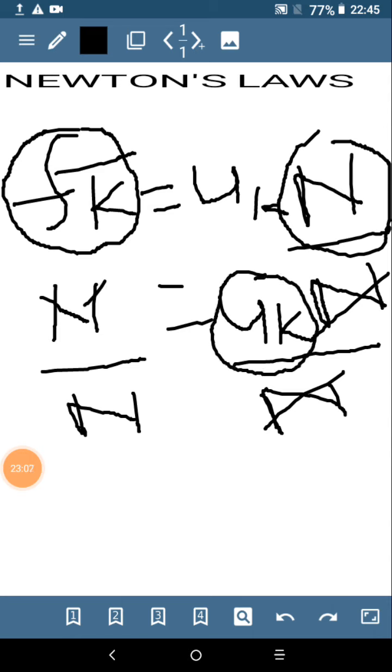So the SI units for the frictional force, which are in newtons, are going to cancel out with the newtons for the normal force. So this is the reason why, guys, the coefficient of kinetic friction does not have